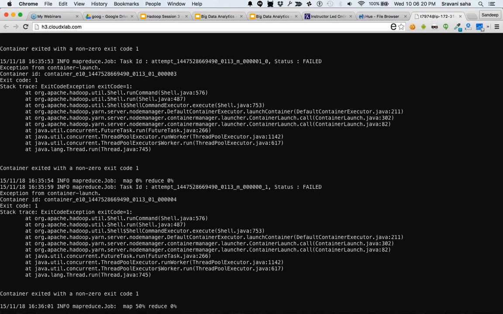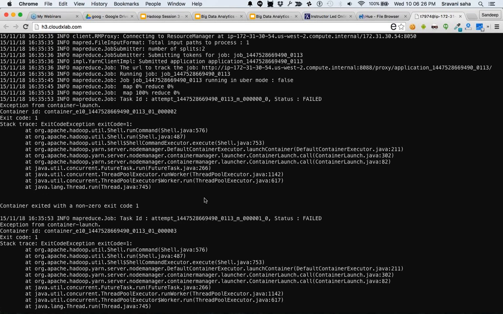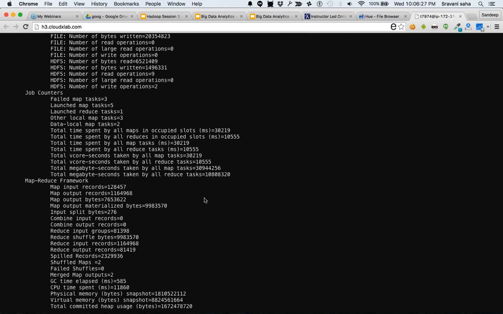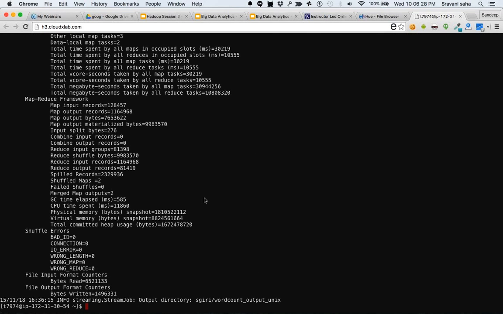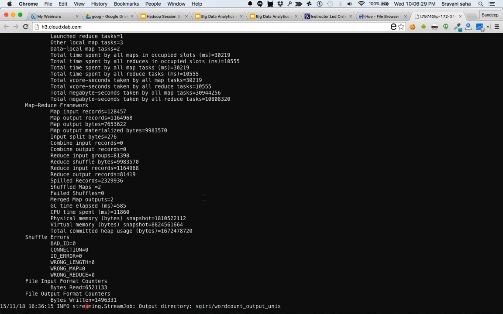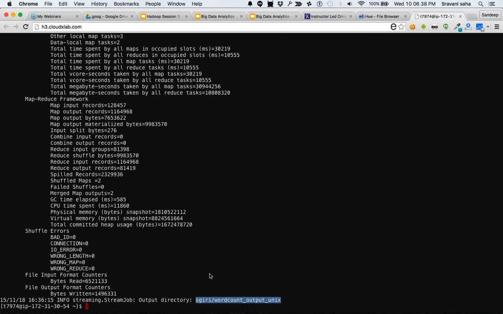The mapper failed somewhere. It said this map underscore 001 has failed. So it executed the same command on some other machine. For whatever reason it failed at that point of time. Maybe it's running low on memory, it's running something else. So that's why it has started the work somewhere else.